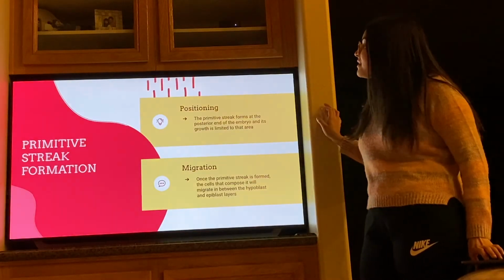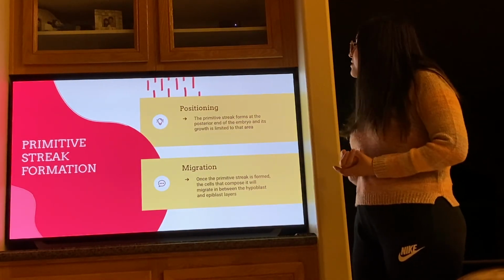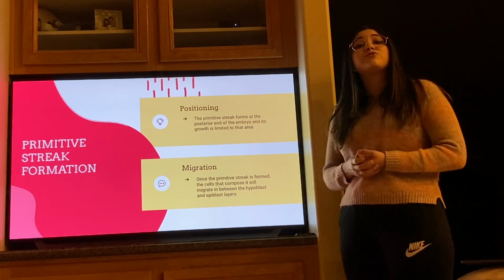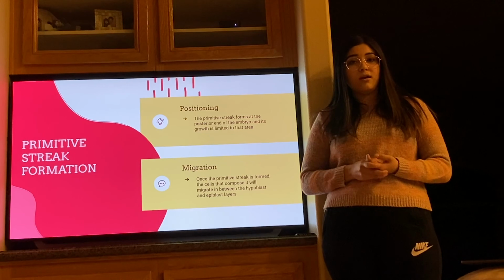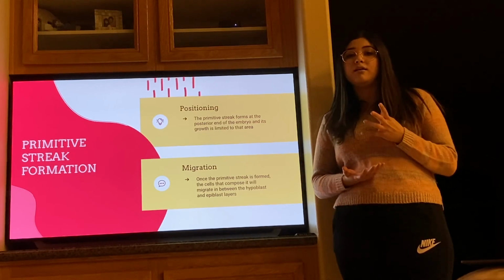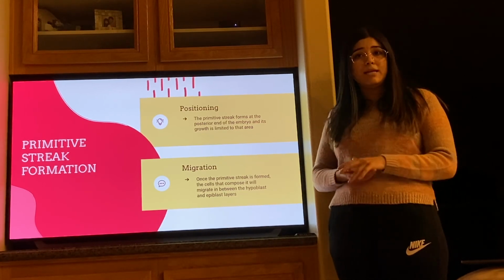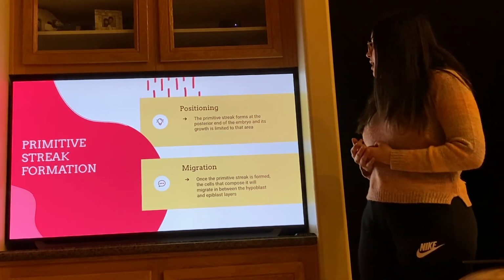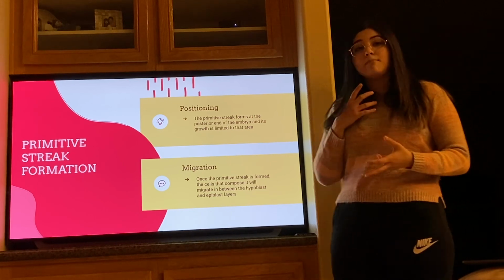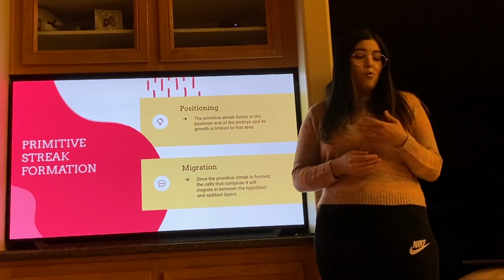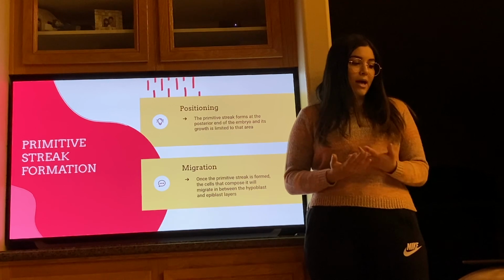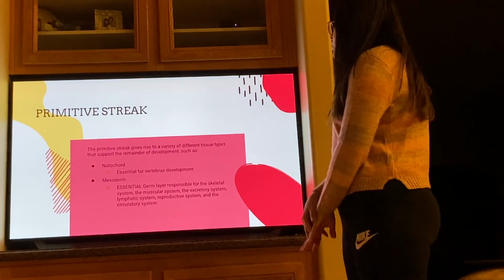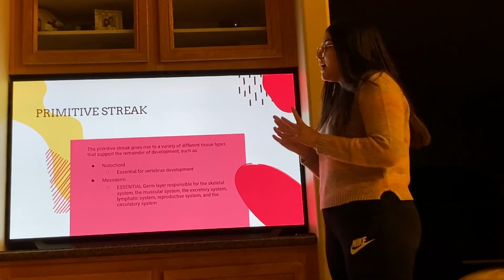Let's go back. So the primitive streak formation. Let's talk a little bit about positioning and migration. For the positioning, the primitive streak does occur forming in the posterior end of the embryo at this point, and it's also limited to that area. It won't migrate at all until it's time for the migration portion, which the primitive streak will basically migrate and either give rise to more hypoblast cells or an epiblast layer. It's pretty interesting. So the primitive streak, when they do migrate, it will migrate